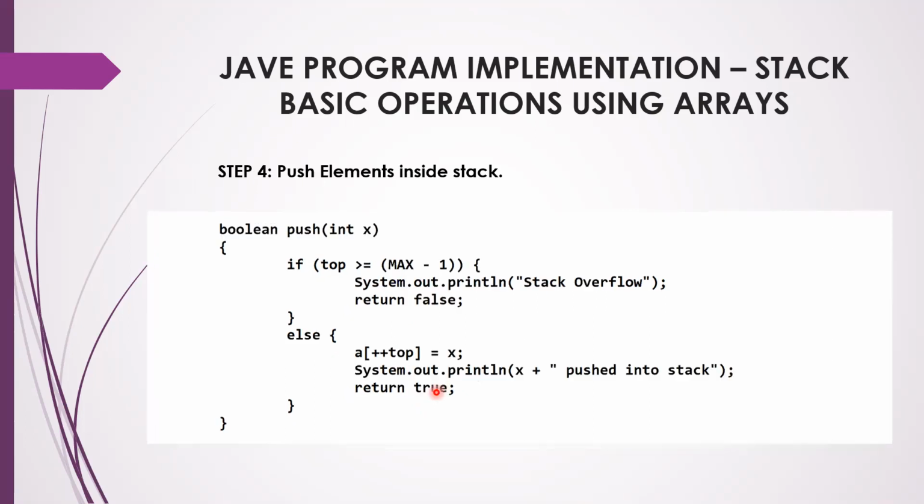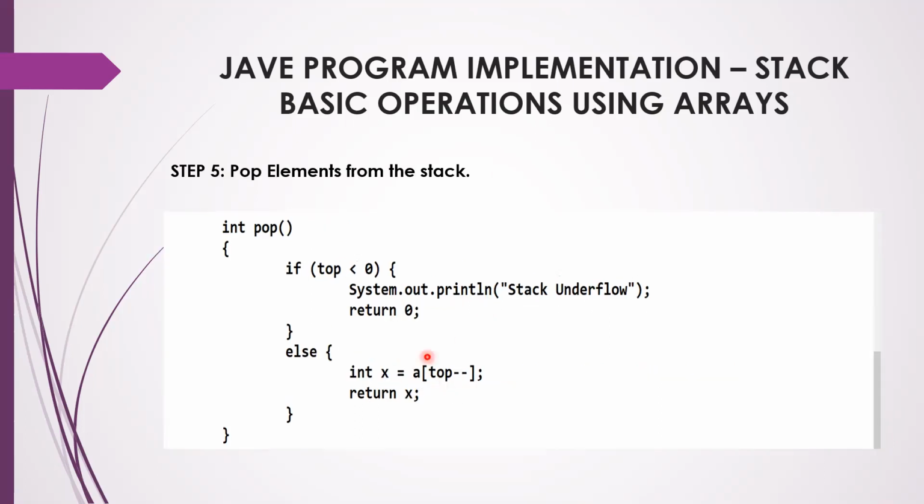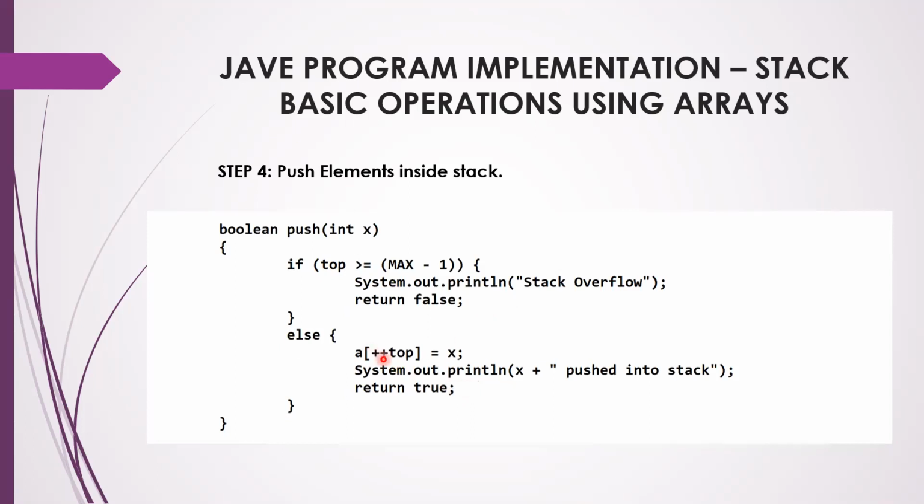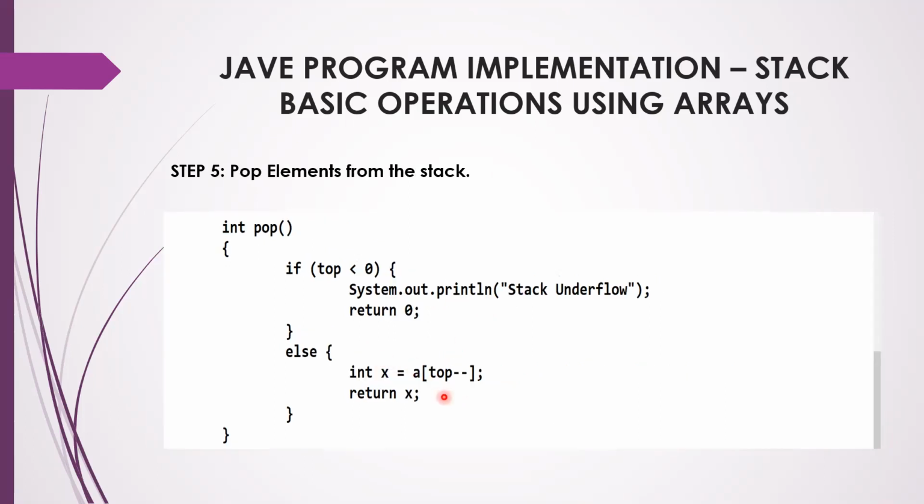So when you do a push operation, it is ++top. In the ++top position, you are placing the element. When you do a pop operation, it is top--. So this is post-decrement and this is pre-increment. In pre-increment, you do an increment and place an element. Here you take the element out from the top, which is pointing, and then you do a decrement, making the top point to the 998th element.